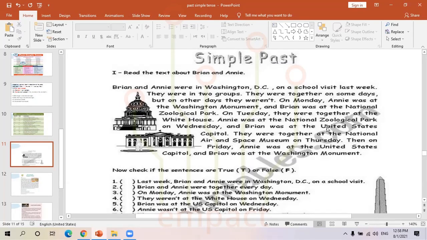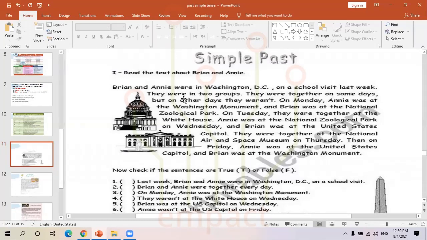Annie was at the National Zoological Park on Wednesday, and Brian was at the United States Capitol. They were together at the National Air and Space Museum on Thursday. Then, on Friday, Annie was at the United States Capitol, and Brian was at the Washington Monument. Okay, so it means